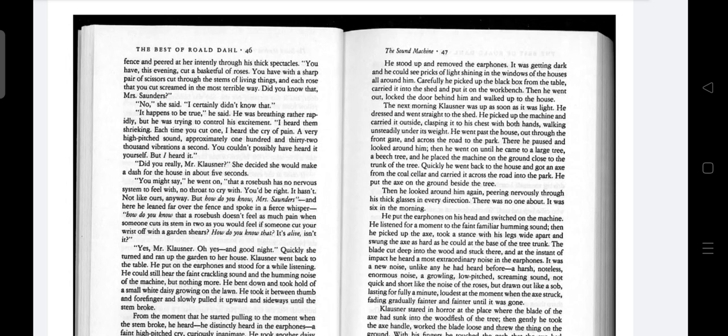"You have this evening cut a basket of roses. You have with a sharp pair of scissors cut through the stems of living things, and each rose that you cut screamed in the most terrible way. Did you know that, Mrs. Saunders?" "No," she said. "I certainly didn't know that."